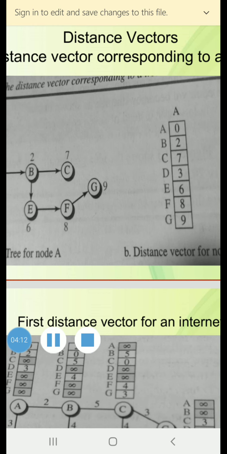Then it inserts the discovered distances in the corresponding cells and leaves the value of the other cells as infinity, thus making a simple distance vector.